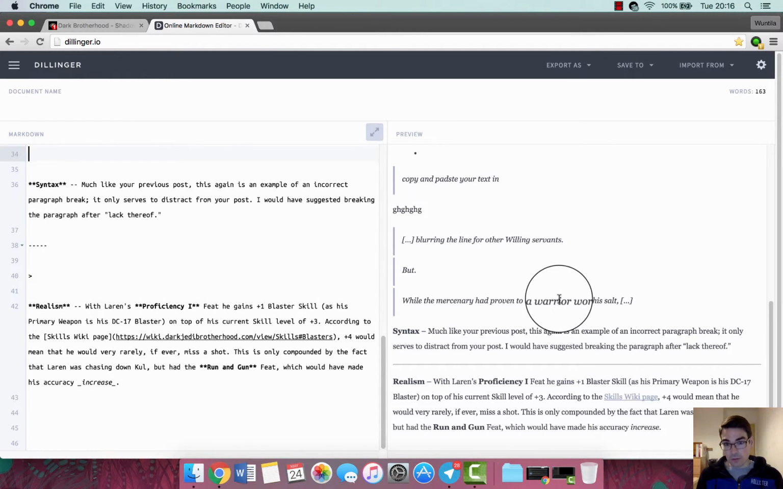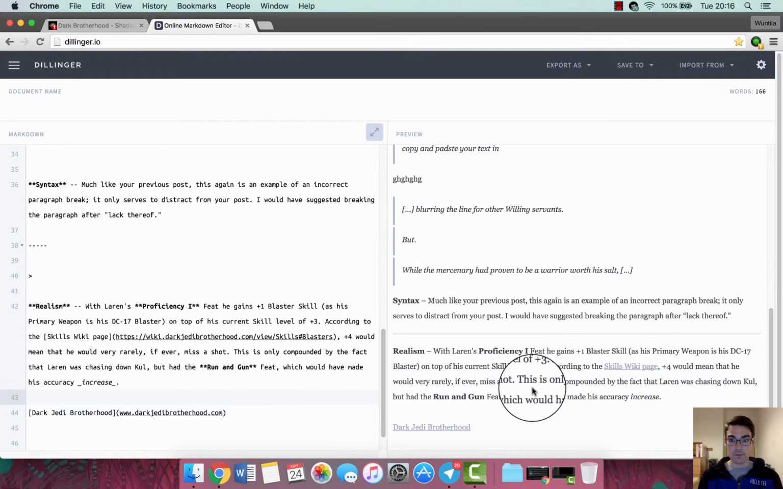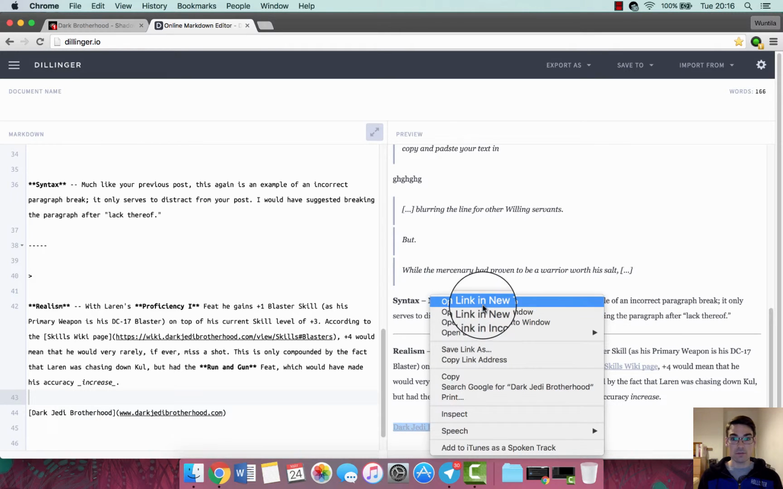The final thing that I'm going to show you today is how to create links. So if I take you to the bottom of the page and I give you two square brackets, open and close. In there I'm going to write Dark Jedi Brotherhood, and then I'm going to open normal brackets and put in Dark Jedi Brotherhood.com, close those brackets. What you'll see there on Dillinger is on the right hand side I now have a link. So if I right click on that, open link in new tab,